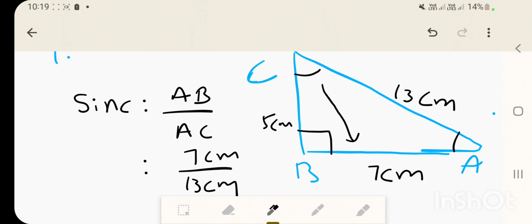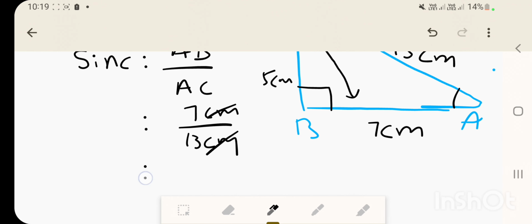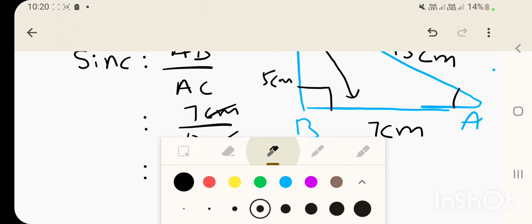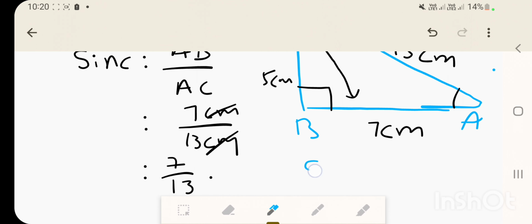Since it's a ratio, the centimeters get cancelled, and we get sin C is 7 by 13. Suppose they ask to find sin A,